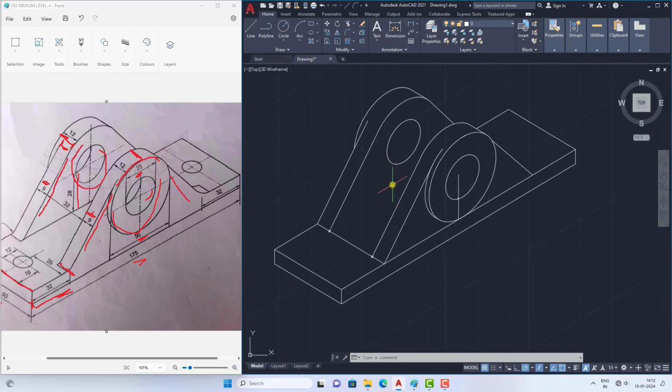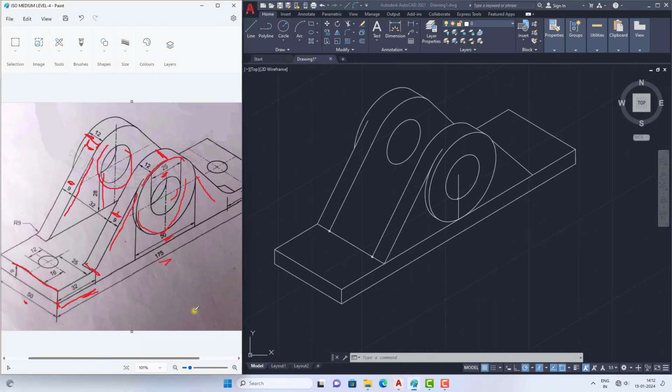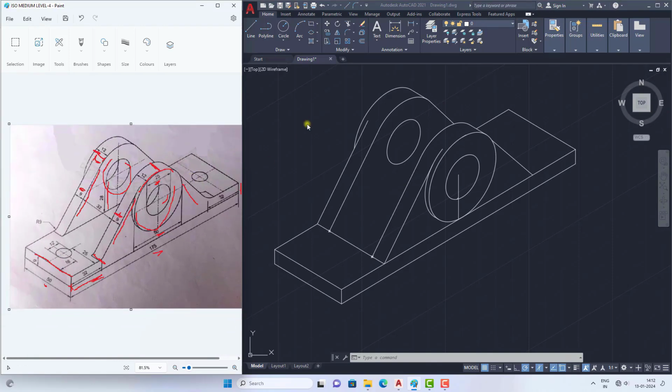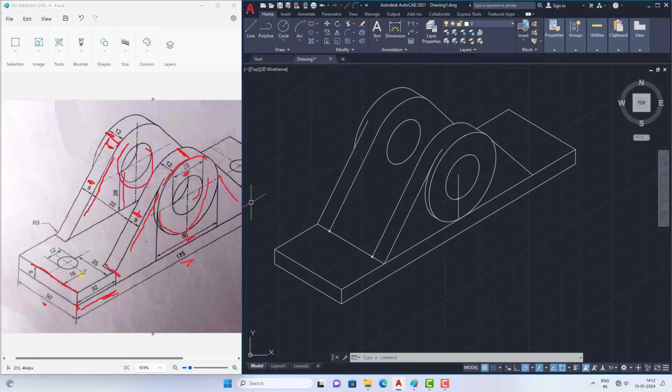Now our task is to draw two circles here. So there is one circle here and there is another circle here also. Further, there is a distance of this center circle. See, there the distance is 16. So I am selecting the line command and I am drawing a line from the center point of this, giving the distance as 16 and press enter. Now in the similar way I need to draw a line from this midpoint to a distance of 16 and